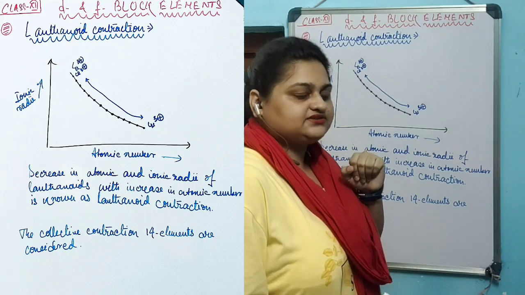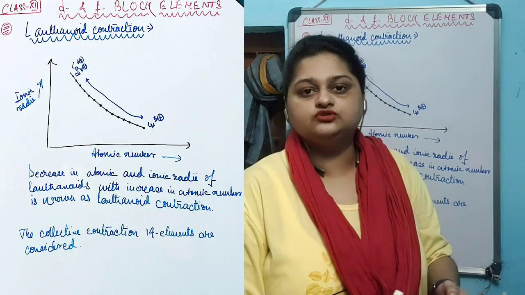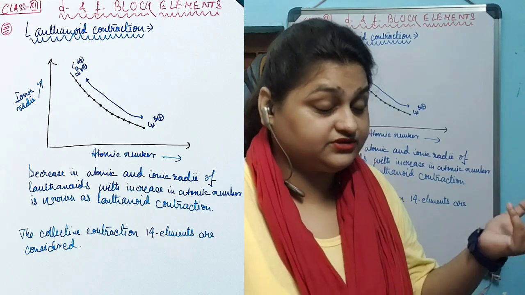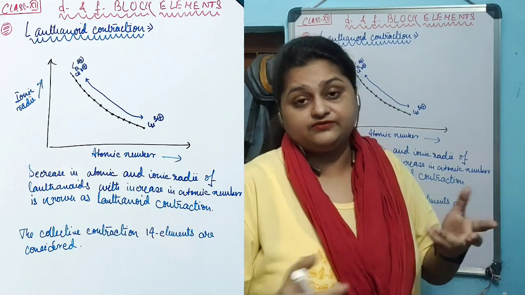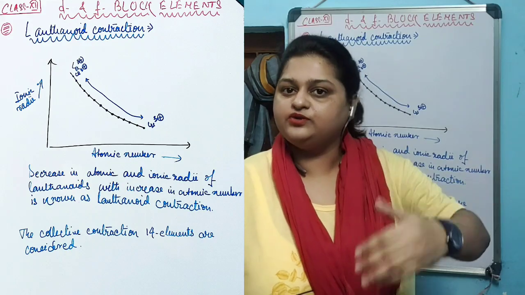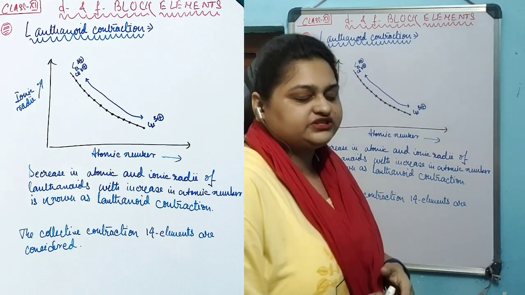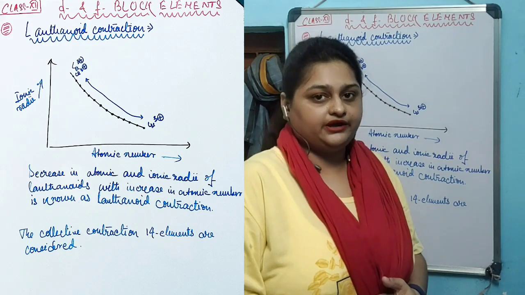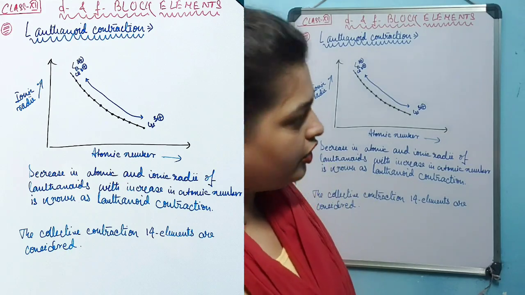Now this steady decrease is shown only in the +3 oxidation state. In the +2 oxidation state, or even in the neutral atomic radii, this steady decrease is not actually shown. In fact, some amount of deviation can be observed, but that trend of decrease in the atomic and ionic radii can be observed with fewer deviations. But in the +3 oxidation state, no deviation can be seen. A steady decrease in the ionic radii for the lanthanide series elements, starting from lanthanum to lutetium, can be observed.